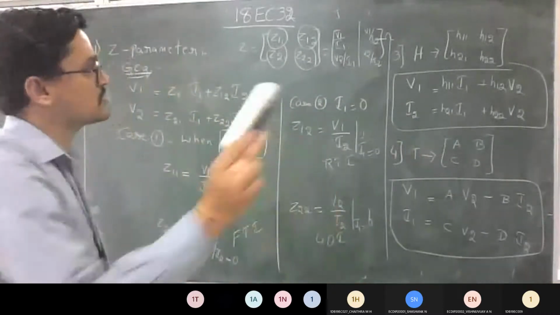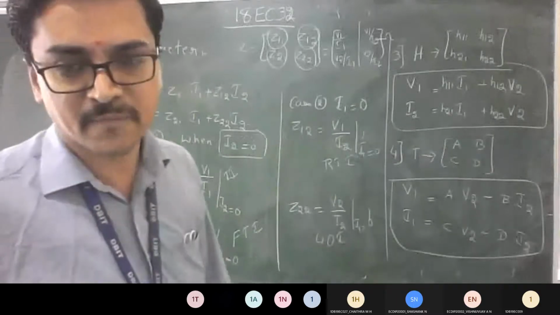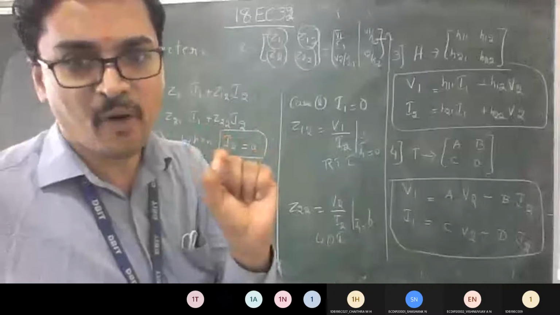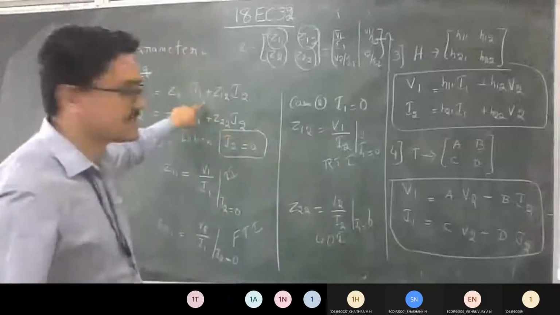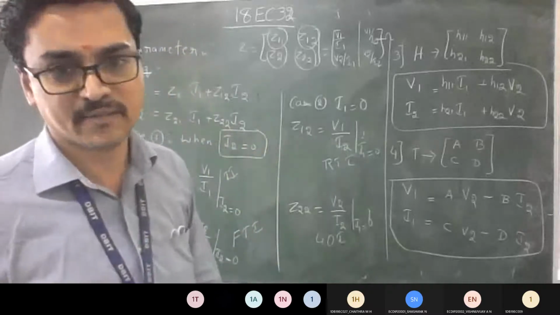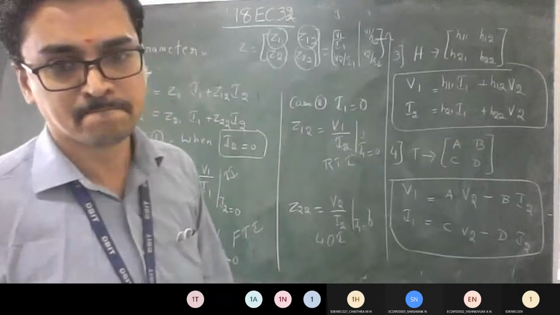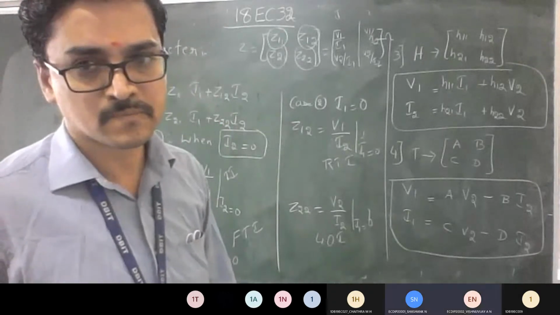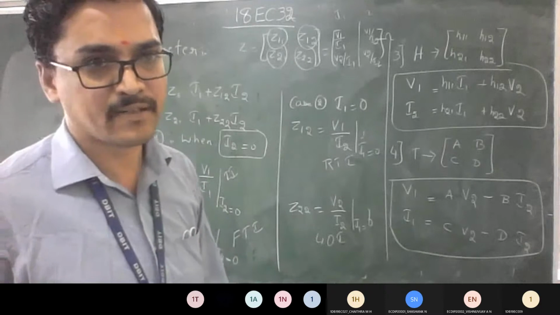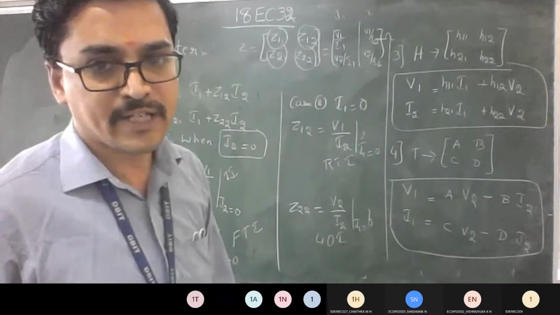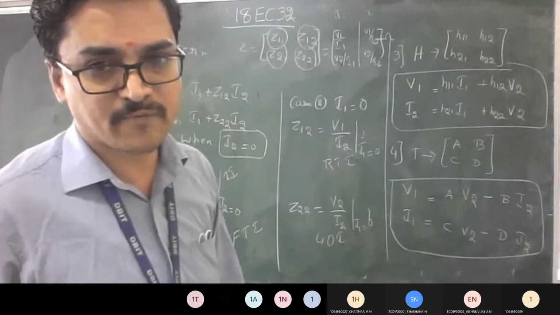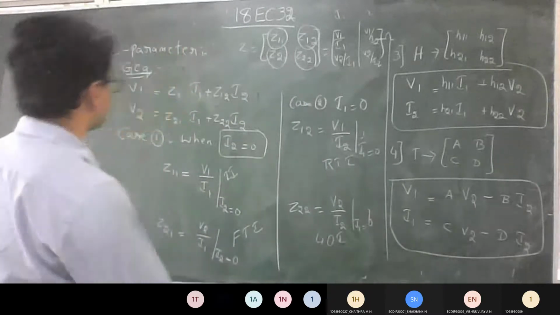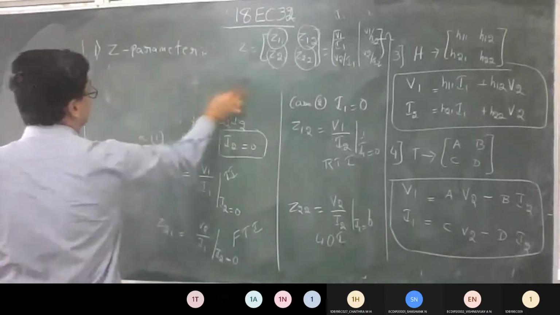Before that, any doubts, anyone, with the Z parameter derivation? That's why I told you the generalized equation is very, very important. If you remember this much, then it will be easier for you further. Am I clear till here? Yes, sir. Shall we proceed? The next part: you need to write the electrical circuit for this. So I will just show you how to write the equivalent electrical network.